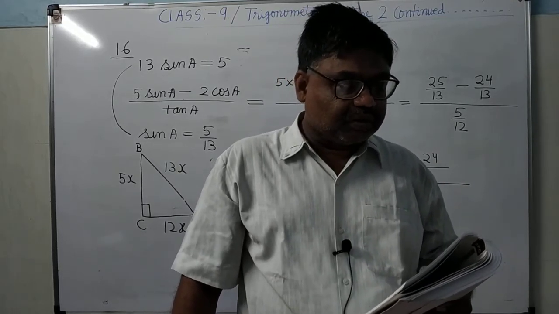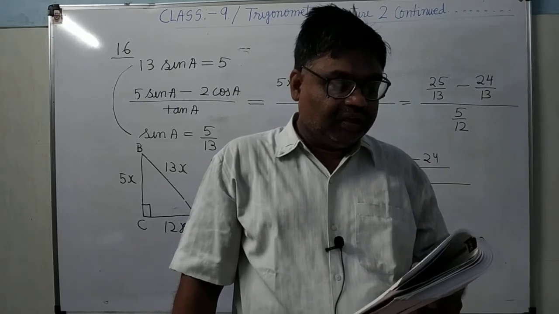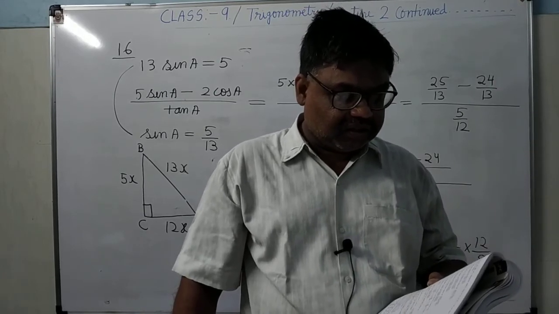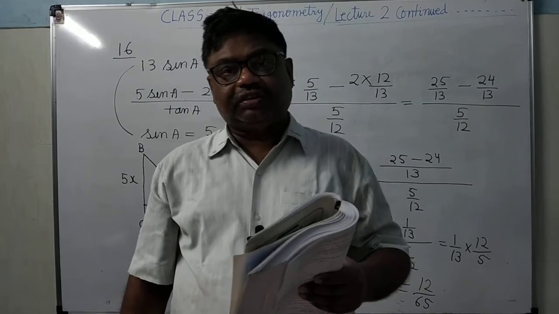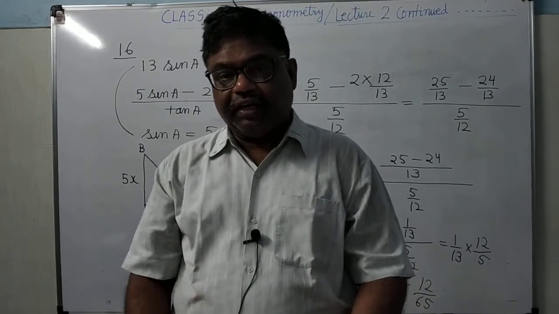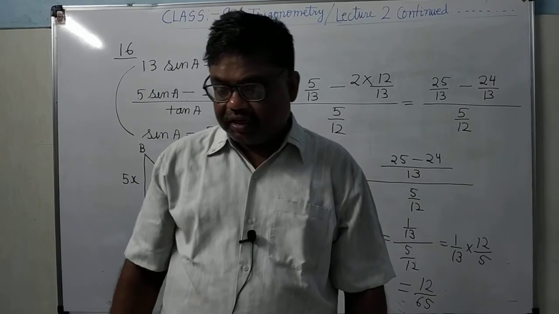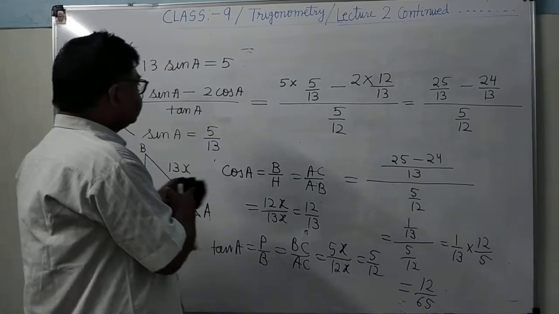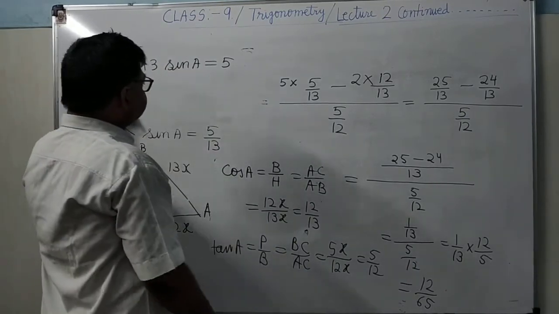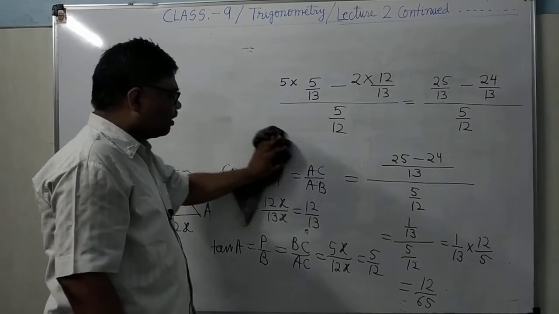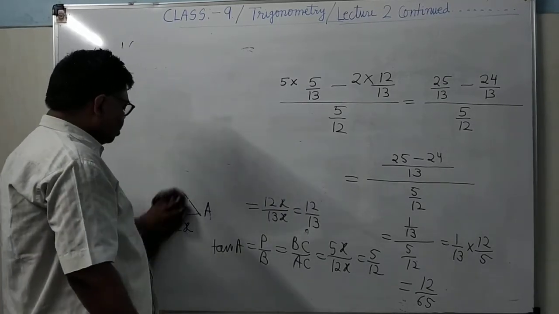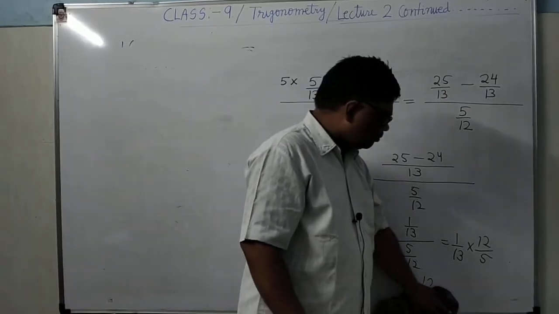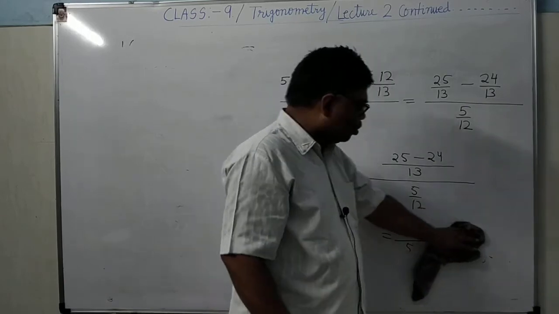Now you can see here question number 19, 20, 21, 22, 23 first part. In these questions either the value of tan A is given or the value of cot A is given. Either tan theta is given or cot theta is given. Then there is an expression containing the terms of sin and cos only. You have to determine the value of that expression. It's clear? Value of that expression you have to determine.